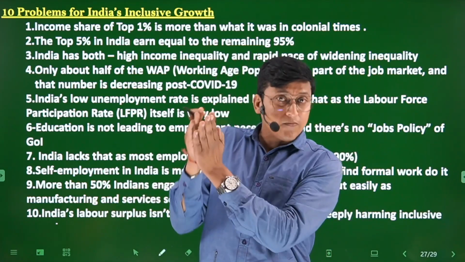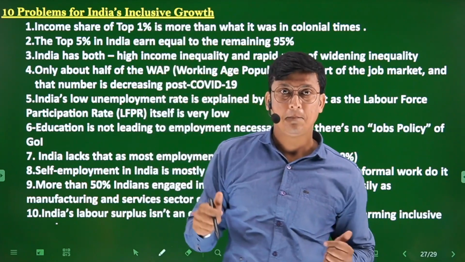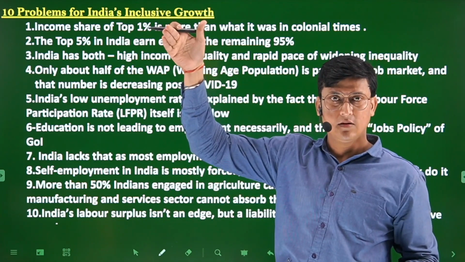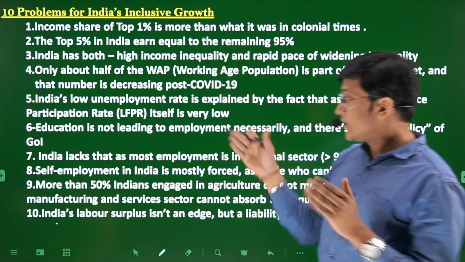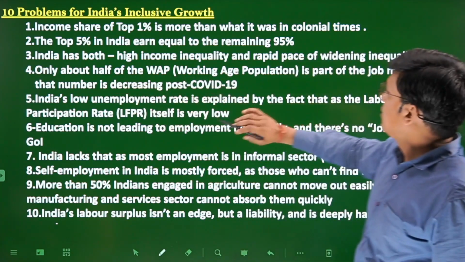The Gini coefficient is increasing. उसको तो रोको यार, इनइक्वालिटी बढ़े ना, ठीक है, इरेडिकेट वी विल सी, अभी उसको रोको ना जितना जहां पर है, बट इट इज गेटिंग वाइड एंड वाइड एंड वाइड। ओनली अबाउट हाफ ऑफ द वर्किंग एज पॉपुलेशन इज